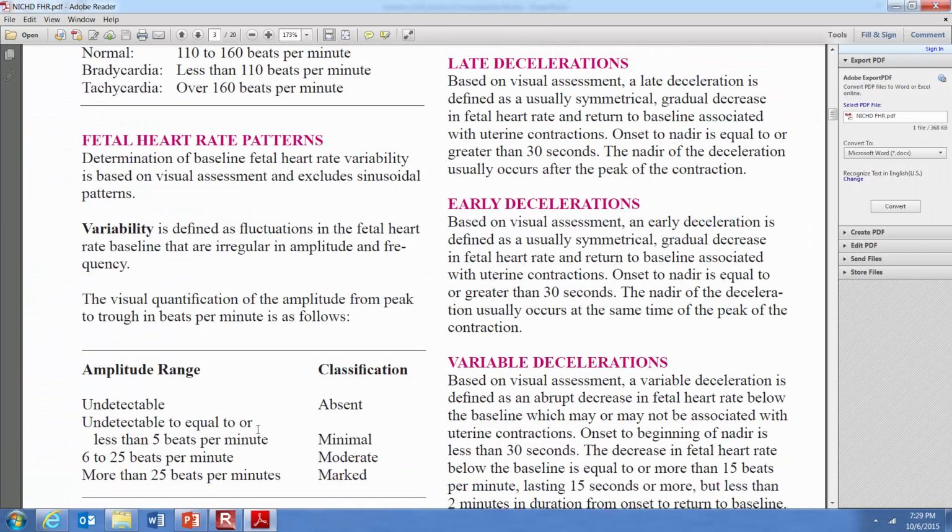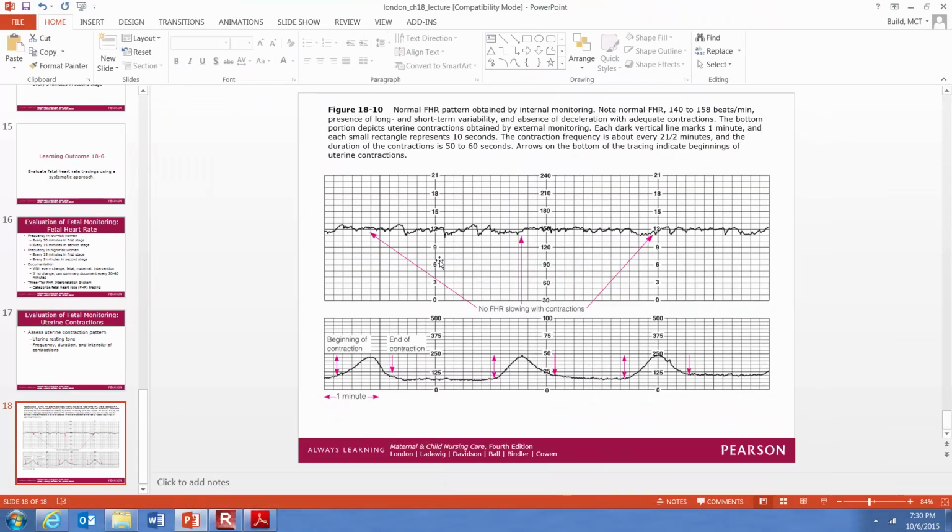Now, go back here. So we have different levels of this variability. We have absent variability where it's undetectable. Basically I drew a straight line across the paper. There's no variations or fluctuations. It's a flat line, kind of like asystole. Okay? That's absent. If the beat-to-beat variation or the fluctuations is less than 5 beats, so less than half of the block up and down,